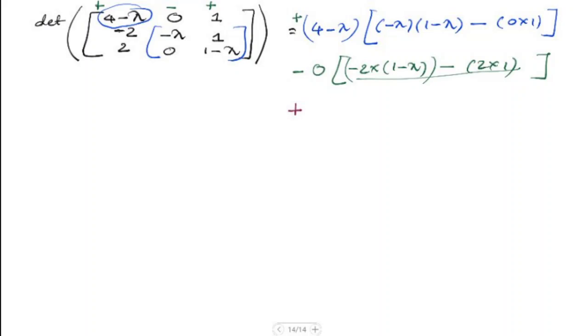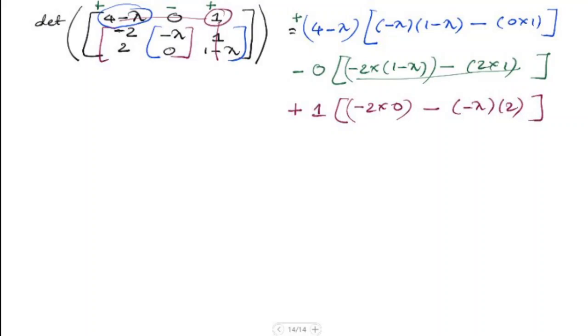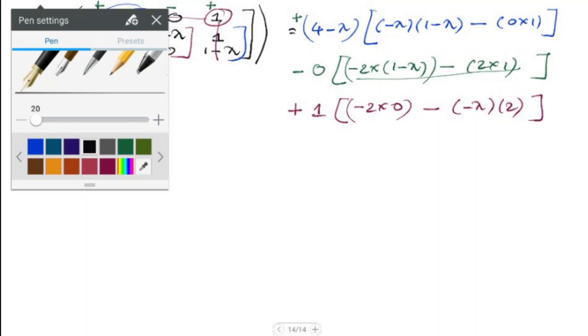Now for the next one, we'll have here plus, and plus 1 here. So we take the 1 as the element now, and without looking at its row and its column, we'll take all the other elements and find out the determinant of that. So here we'll have minus 2 times 0 minus, we have here minus lambda times 2. So now if you solve that, we'll get